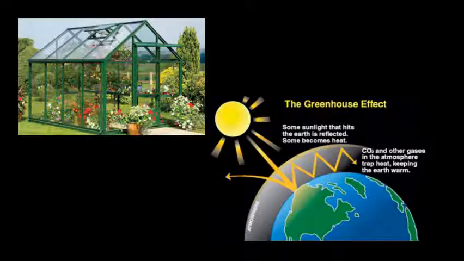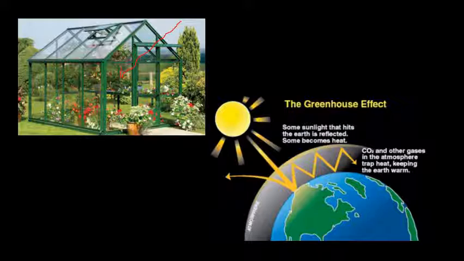The greenhouse effect is a naturally occurring effect that warms a planet. It's called a greenhouse effect because it's like a greenhouse that you keep plants in. As the sunlight comes down, the panels allow the visible light to pass through, and then it hits an object inside, say this plant, and it warms up the plant. And that plant releases heat in infrared.